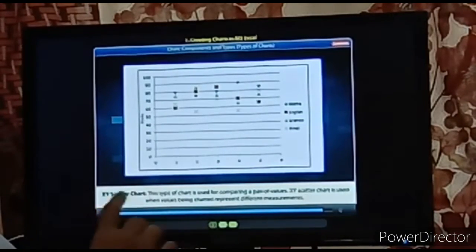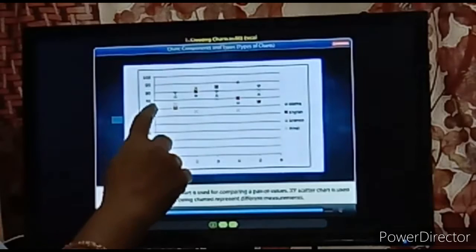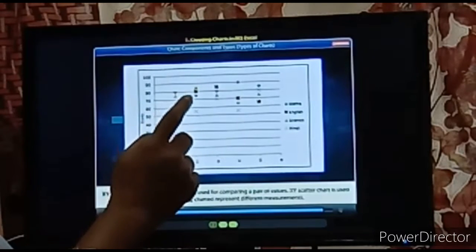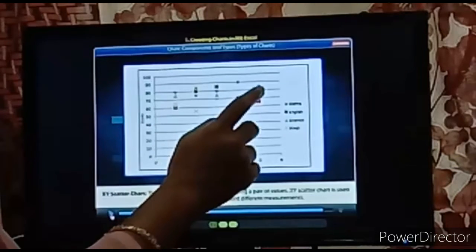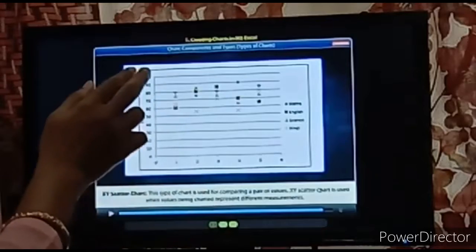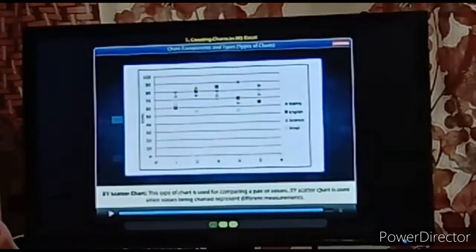The next one is the XY scatter chart. XY scatter chart means that in the line chart we have joined those dots, but in this method we will be representing them only by a dot. See, XY scatter chart. Here the X and Y values have been scattered. There is no connection in between. This is what is called an XY scatter chart. So these are the types of charts that were available in